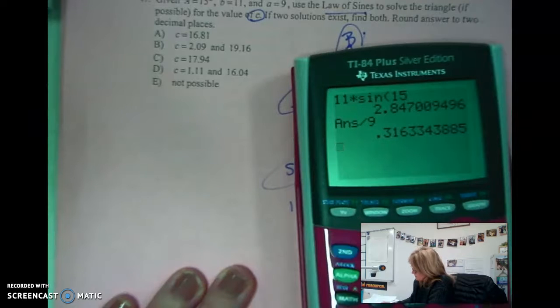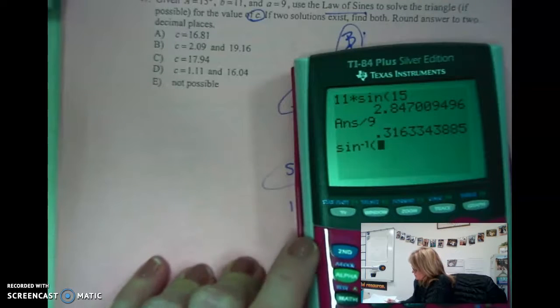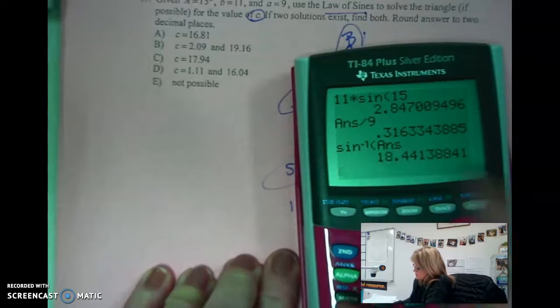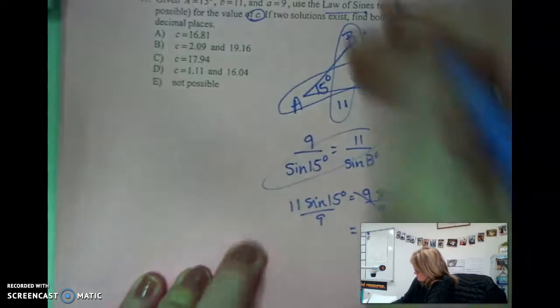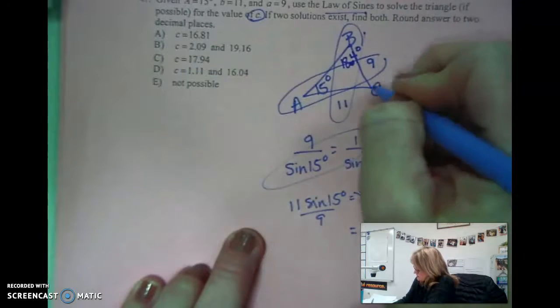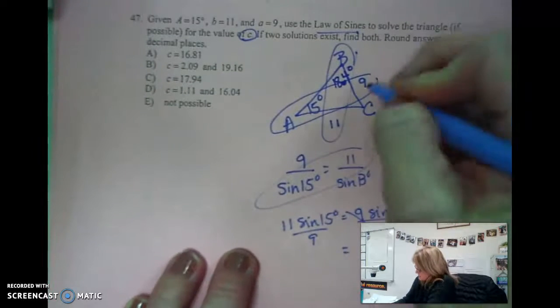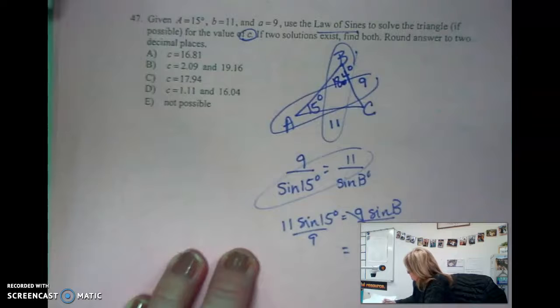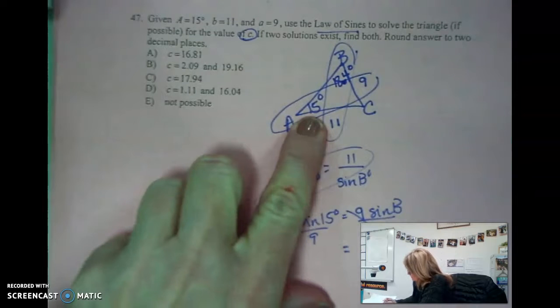So now you have to take the inverse of your answer of sine, and that will give you your degree, 18.4. So now, if this is 18.4 degrees, angle C is 180, take away 15, take away 18.4, and this is